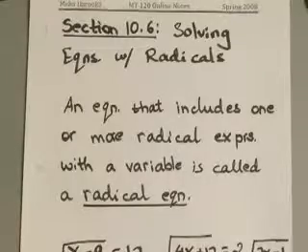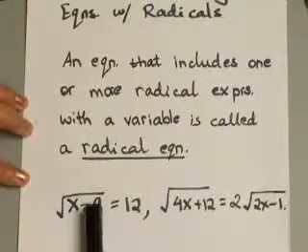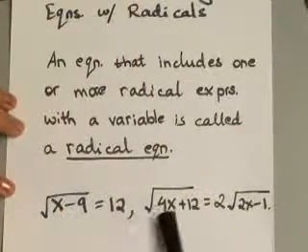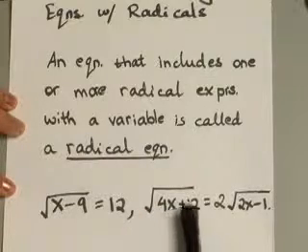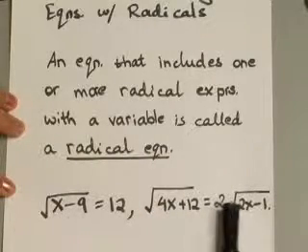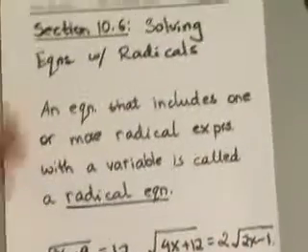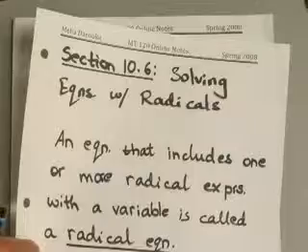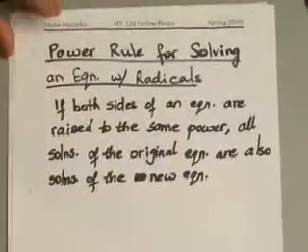So when you're talking about an equation with radicals, you're basically saying it's an equation that will include radical expressions that have variables. So you can expect to see something like square root of x minus 9 be an equation with radicals. You can have something like this here, square root of 4x plus 12 equals 2 times square root of 2x minus 1. Before we start solving equations, we want to talk about the power rule. And this rule will help us in solving